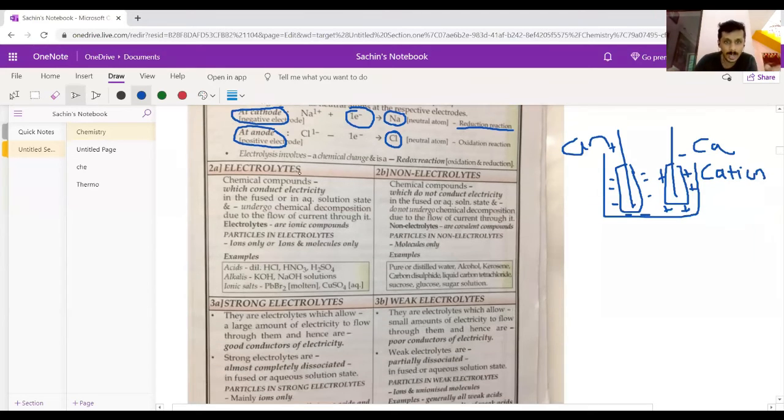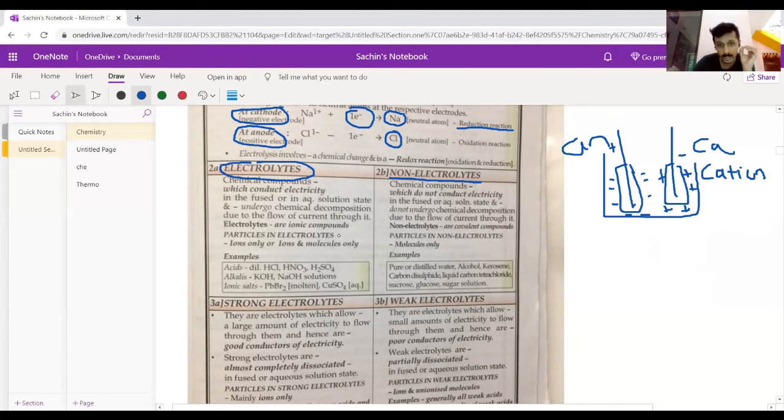So let's come to the electrolytes. It's a very simple classification. Electrolytes are the compounds which allow electricity, either in their molten or in their aqueous solution state. Generally, electrolytes are ionic compounds, and as a comparison, non-electrolytes are the ones that don't conduct electricity in the molten or solution state. Now it's clear to you, I think, what is the molten or fused state. It is nothing but when you heat a compound, it becomes liquid, which is the molten state. A material which conducts electricity in those states is an electrolyte, and which doesn't is a non-electrolyte.